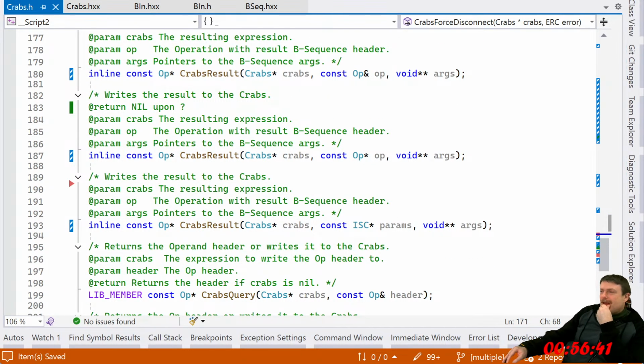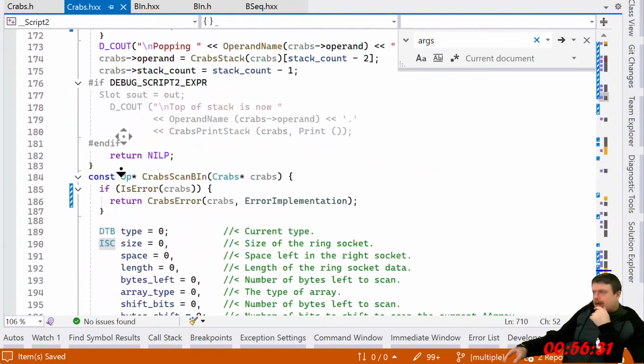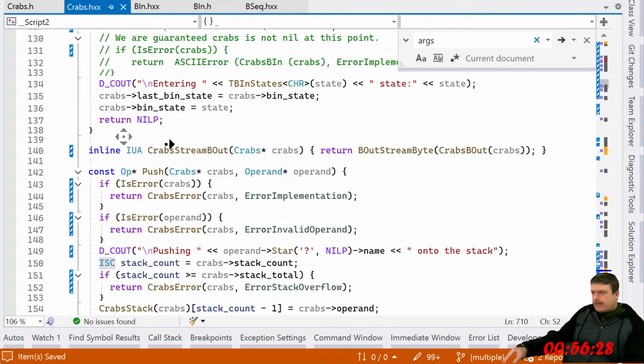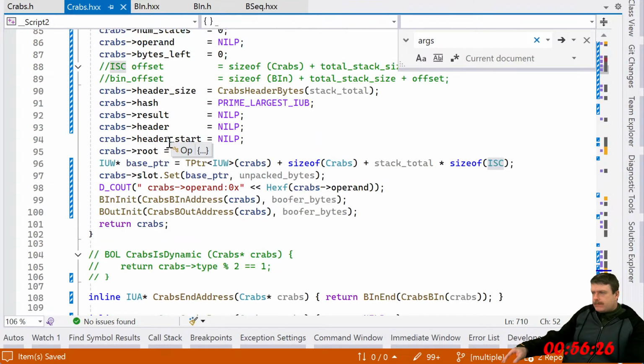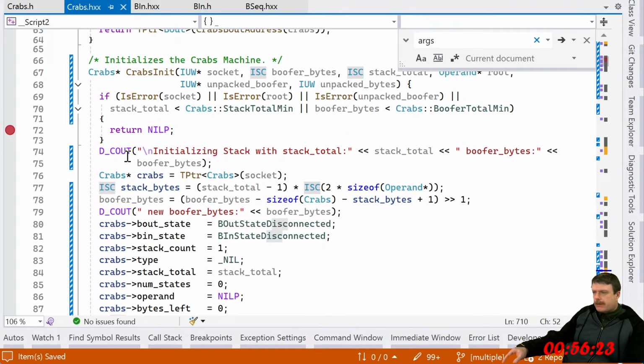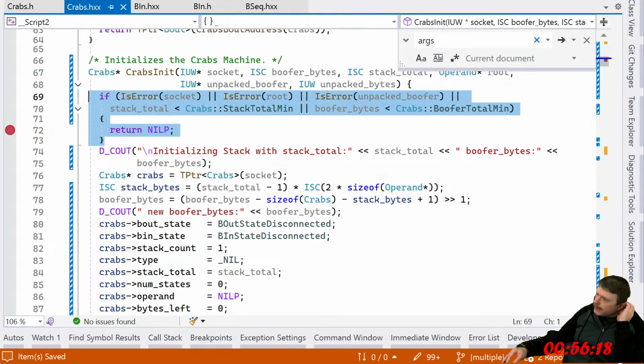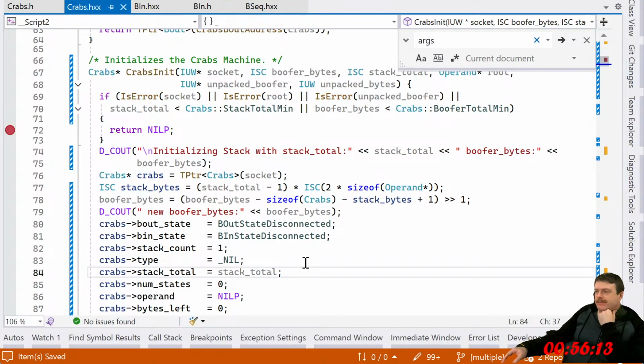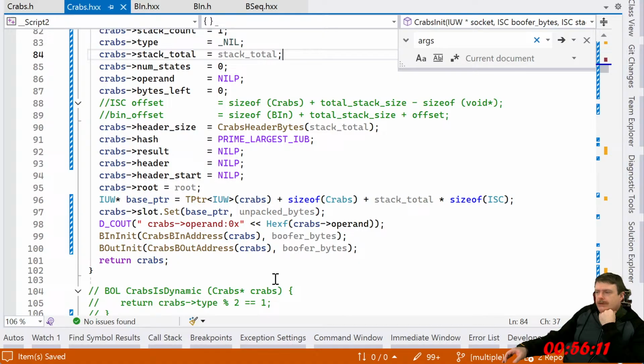Oh no. Yeah, so we write out a B sequence. Well, we haven't even gotten past the initialization point. We're stuck just trying to get a good pass here for a couple of days. And we're stuck down here. So buffer bytes.